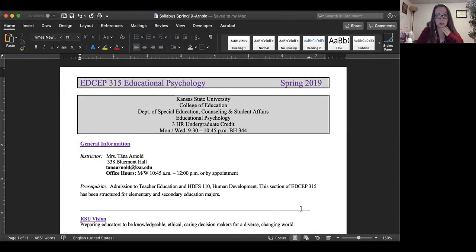So jumping into the syllabus. I'm not going to read all of it because you are college educated individuals and you can do that yourself. But at the top, you'll see there's my contact information. I no longer have an office phone number, so I've deleted that, and it's pretty futile to try to call the department to find me. So sending me an email that comes directly to my phone is probably your best bet to get a hold of me.